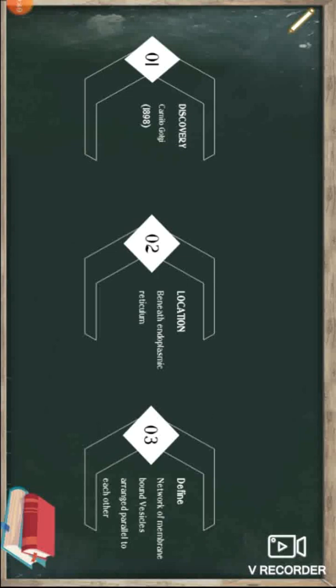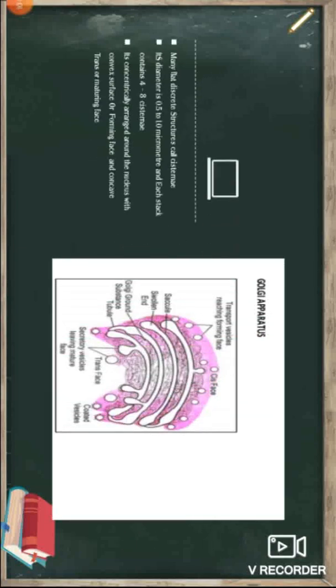It's located beneath the endoplasmic reticulum, and it can be defined as a network of membrane bound vesicles which are arranged parallel to each other. And these vesicles, which are stacked parallel to each other, are termed as cisternae. Each stack contains around 4 to 8 cisternae. It is concentrically arranged around the nucleus, forming two phases, that is the cis phase and the trans phase, or